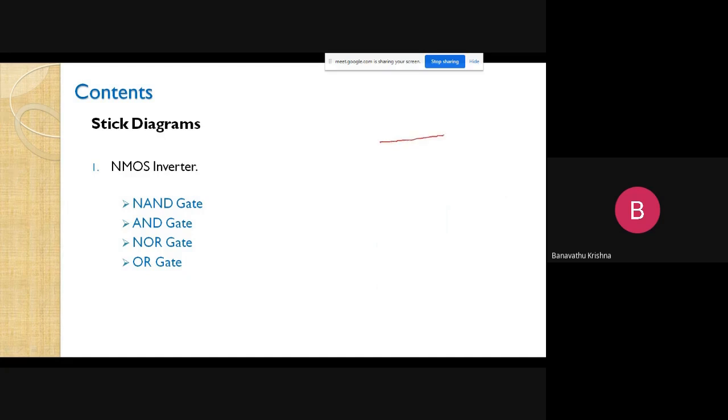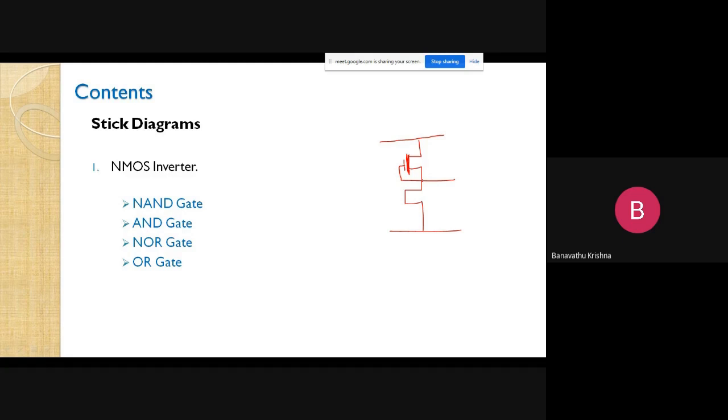Firstly, take metal layers like the VDD and VSS connections, and then make whatever devices we need here. This is the depletion mode device. Likewise, you represent it like this, and the gate connection is taken here.